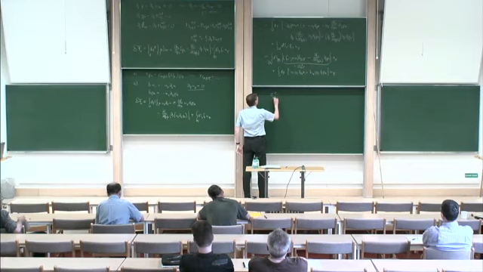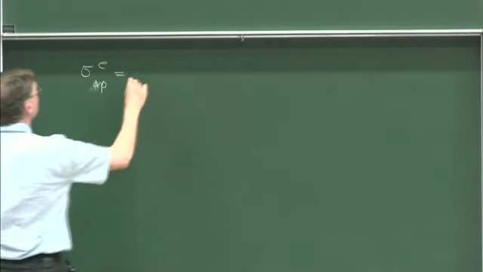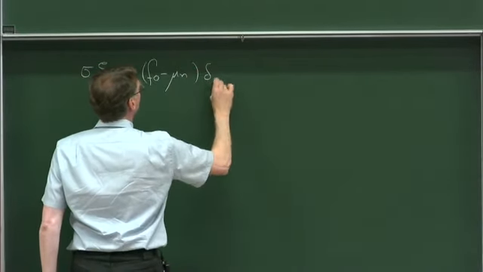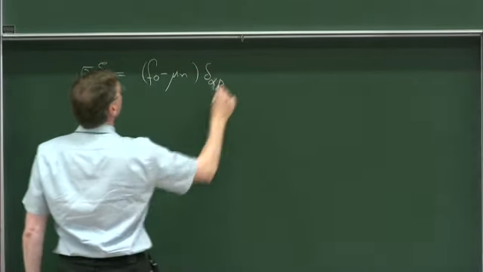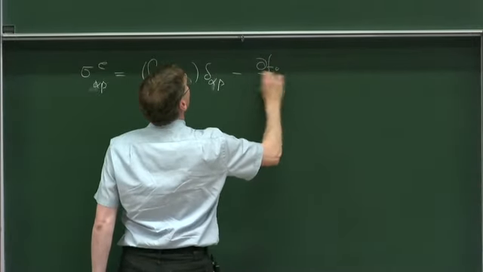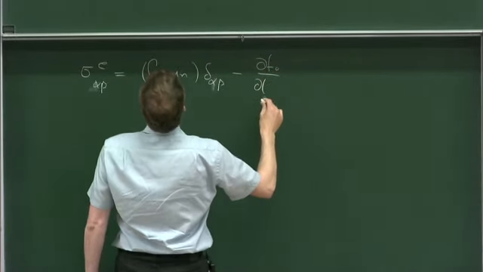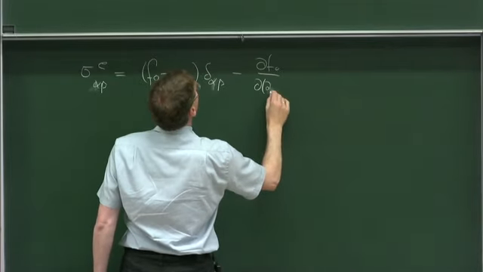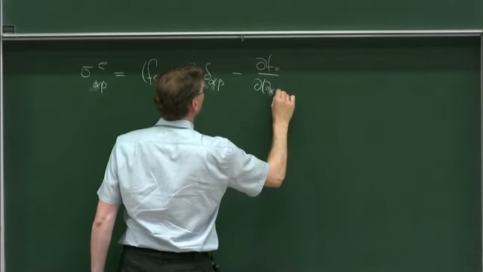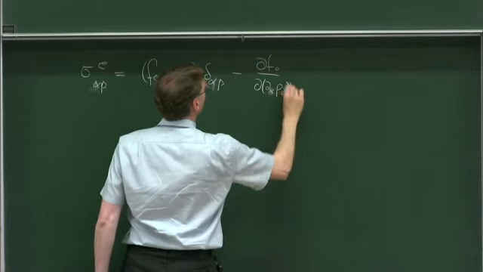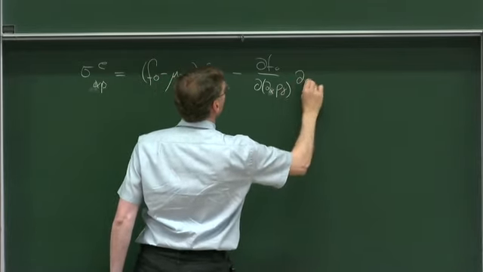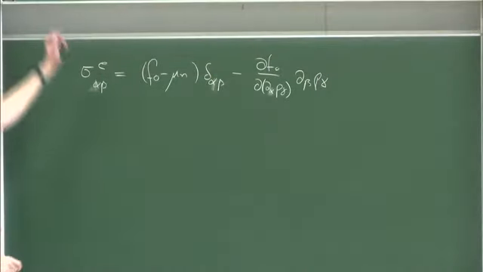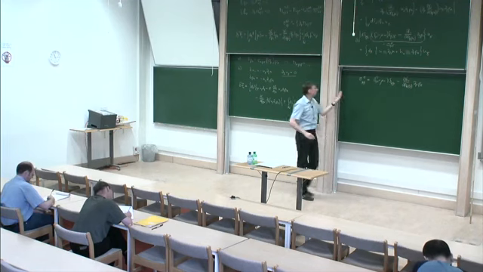And alpha beta, this will be nothing but f naught minus mu n alpha beta minus df naught d alpha p gamma d beta gamma. Right? So this is the term that I wanted to write down, and this is what people call the Ericksen